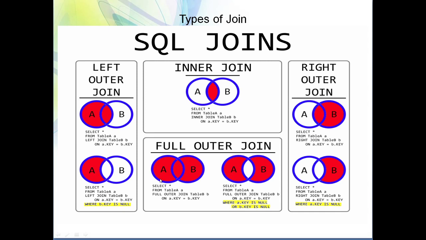Similarly, suppose I want to get the data which is common in both tables plus data which is only present in the left hand side table plus data which is only present in the right hand side table. This is called a full outer join, and these are the three variations. See, the type of join we use is based on our requirement. Suppose I want to remove this part, I will just ignore this part, then I can also do it. So these are the various types of join that can be used in SQL.